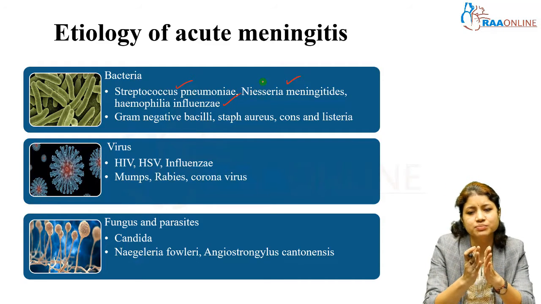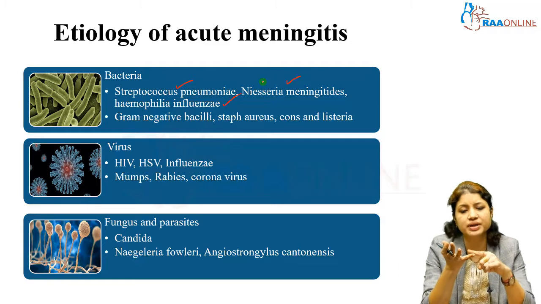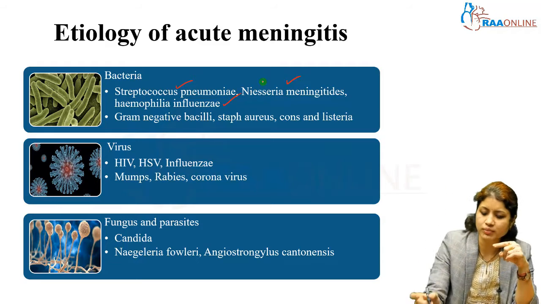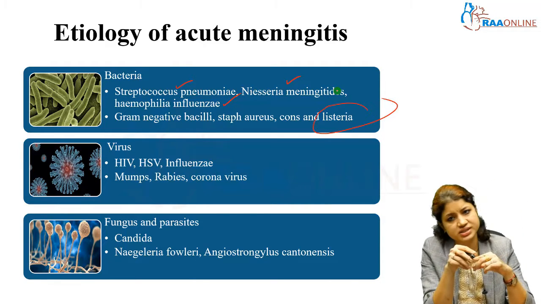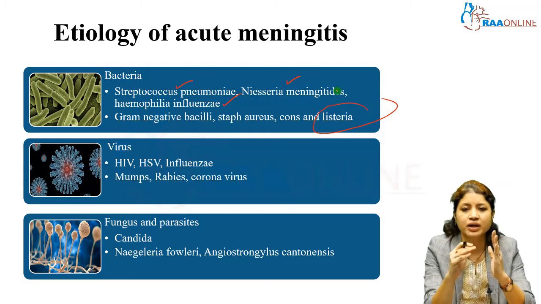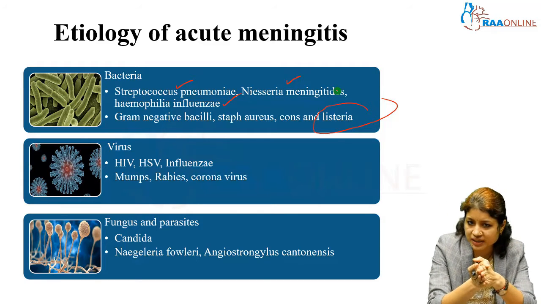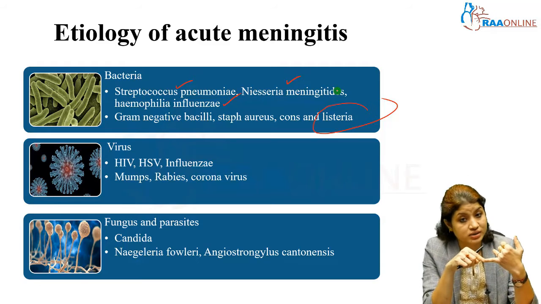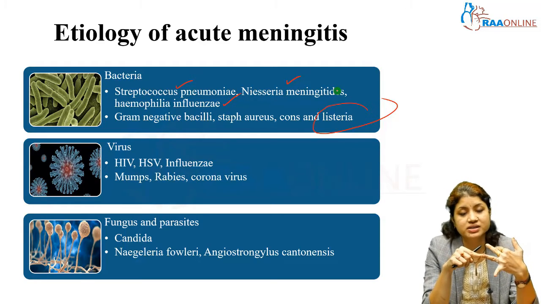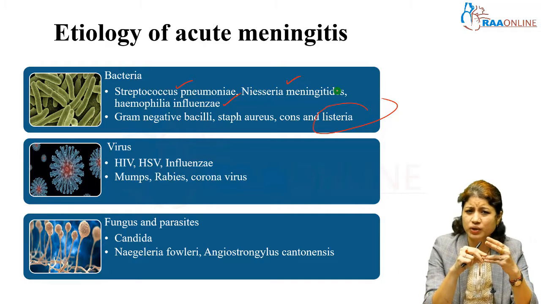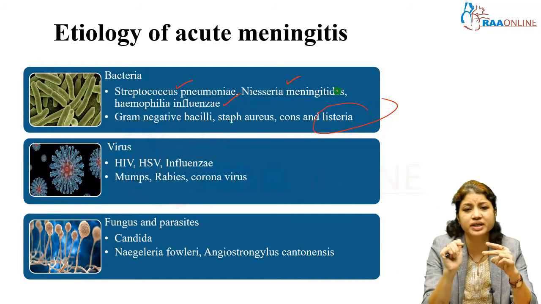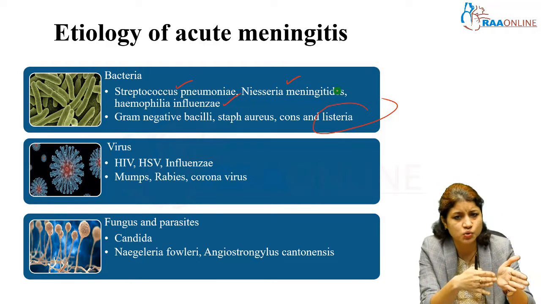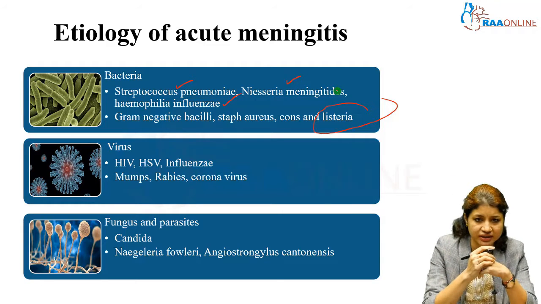If you are considering something in an immunocompromised patient, or a patient with an age of more than 60 years, or with some T-cell immunity problem, always have a diagnosis of Listeria monocytogenes also in your mind. Other than this, thinking of gram-negative bacilli or MRSA or CoNS, you should always think of a hospital-acquired meningitis, or a meningitis secondary to some neurosurgery, that is post-operative complications, skin and subcutaneous tissue complications, or there is another source sitting somewhere wherein the bacteria has migrated.